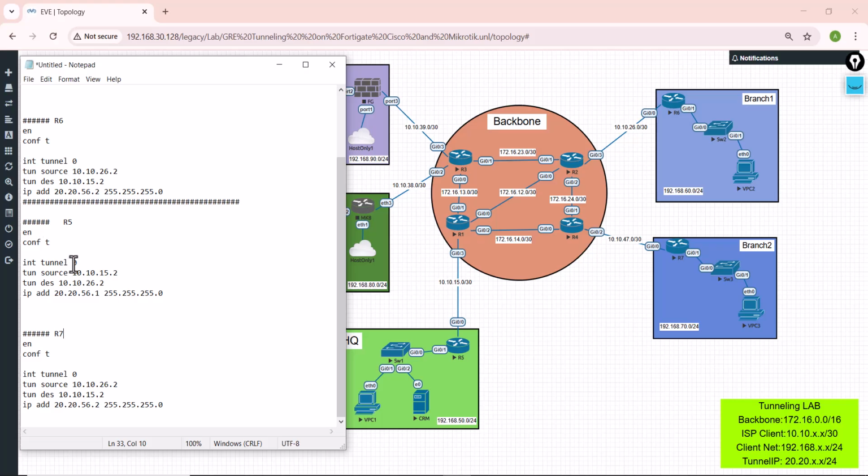Let's name the tunnel 1. The source is 10.10.15.2 from router 5 and the destination is 10.10.47.2. Okay, the IP should be 20.20.57.1. Also, under router number 7, the tunnel is tunnel 1, the source is 47.2, the destination is 10.10.15.2 and